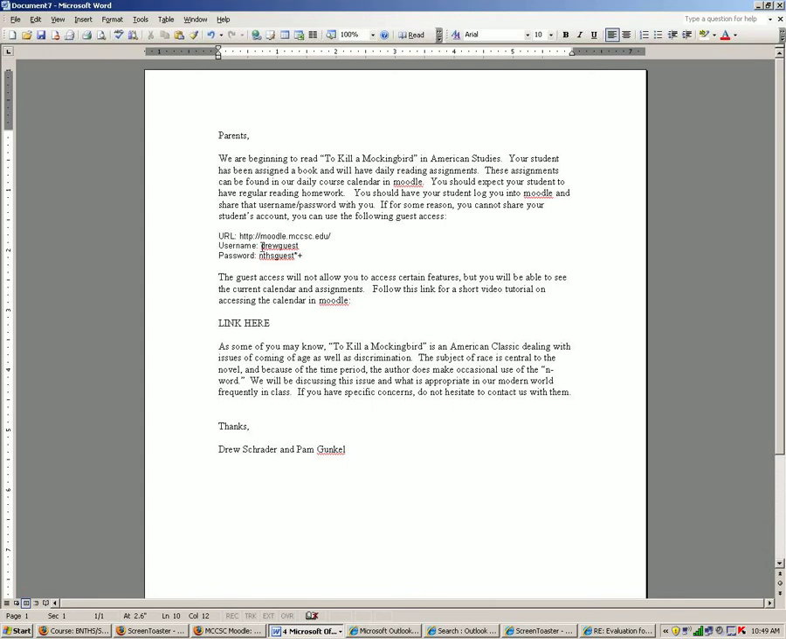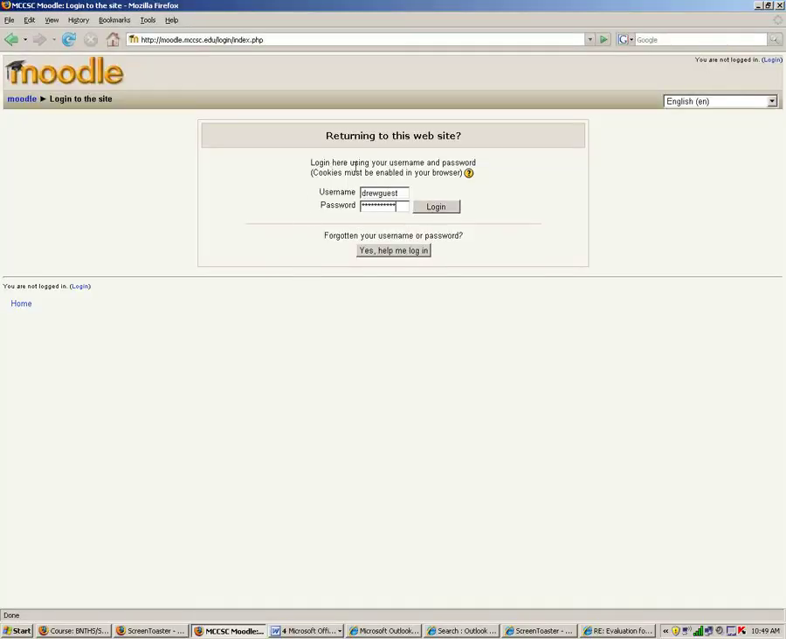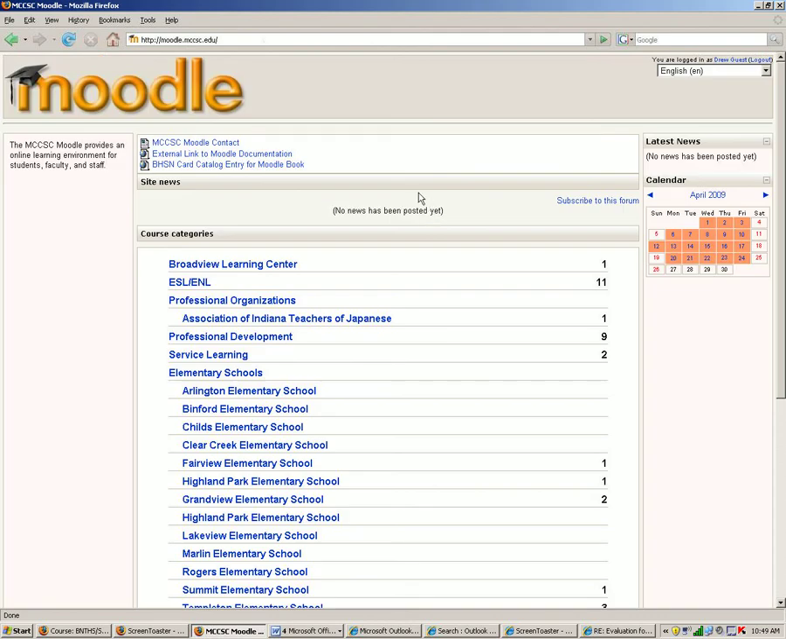The guest username and password that you have, if you're not able to use your student's account to log in, the username is DrewGuest, and the password is nthguest*+. So you'd go to the main Moodle page and type in that username and that password and click on Login. Once you're logged in, you'll be taken to the main MCCSC Moodle page, and this will show a list